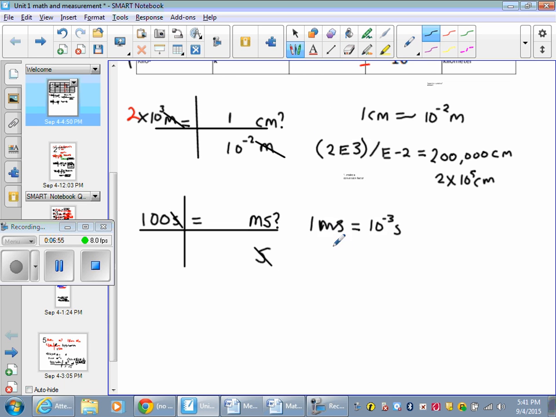Remember, I know where to put my numbers because I'm reading this. 10 to the negative 3 seconds, 1 millisecond. Cool. I put this in the calculator like this. 100 divided by, probably put parentheses around that, e negative 3. Let's see what I get. I already know what I'm going to get, but I'm typing it anyways. 100 e negative 3. All right. We get 0.1